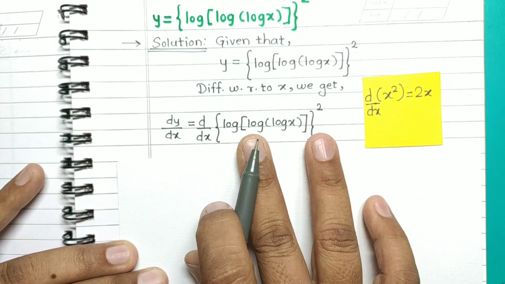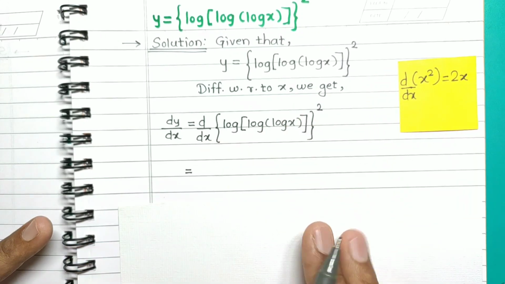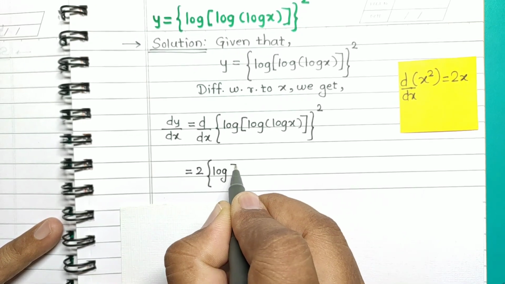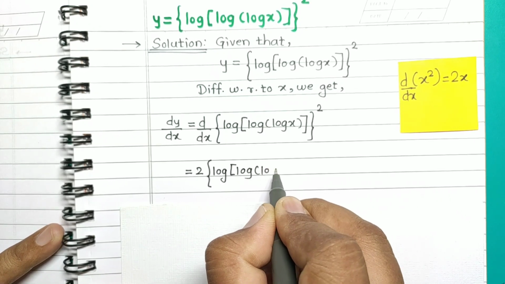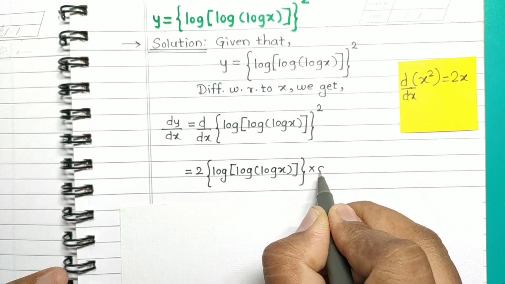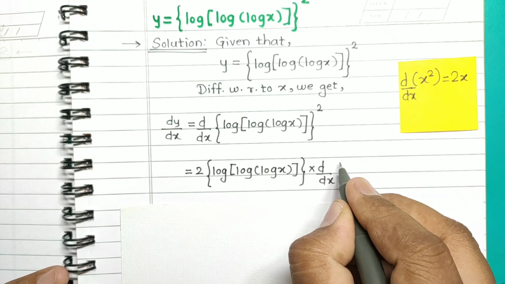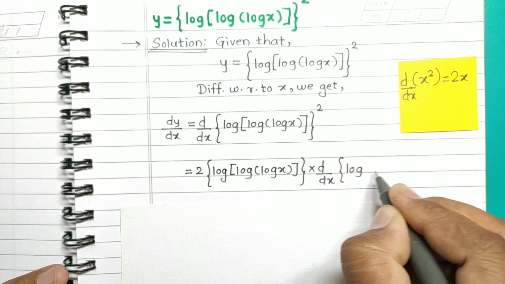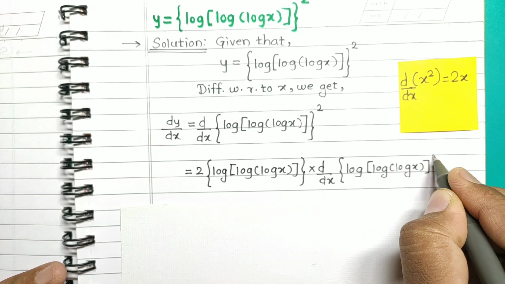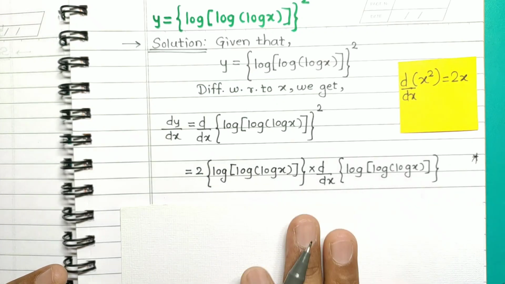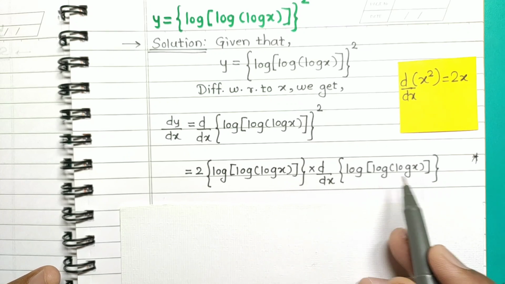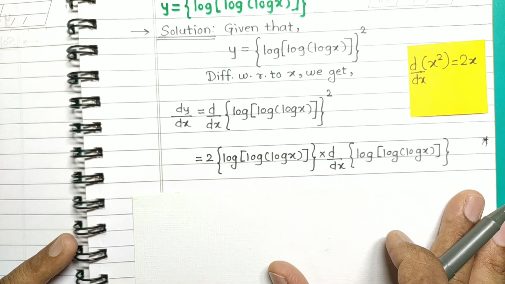So the derivative of this something square is 2 into something, and that something function is log of log x. And by chain rule we have to multiply this term by the derivative of this something function, which is log of log x. Note this step, we have applied chain rule for something square, so the derivative will be 2 into something into the derivative of something. So to the next step,